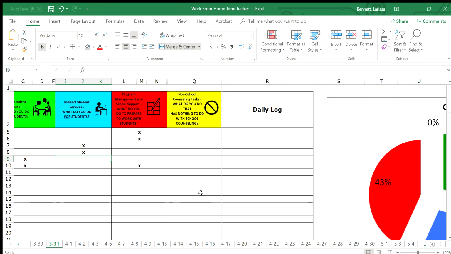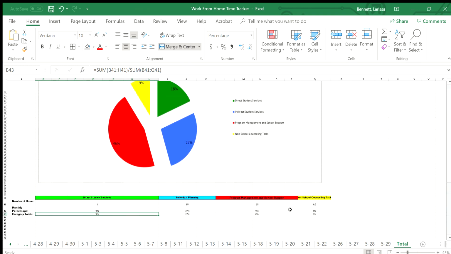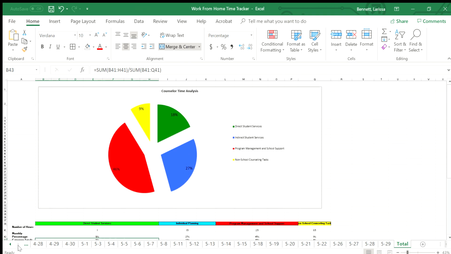So the daily log piece is what we've been asked to keep track of. So do whatever it is that your administrator has told you, but you're going to want to keep track of that. So if I'm going to click all the way over at the very bottom here, again, total. So what this tab is doing is calculating the time across all spreadsheets. So when we get to the end of this, or whenever you want to capture this information, this will keep a running log of how much time you've spent doing these different tasks.